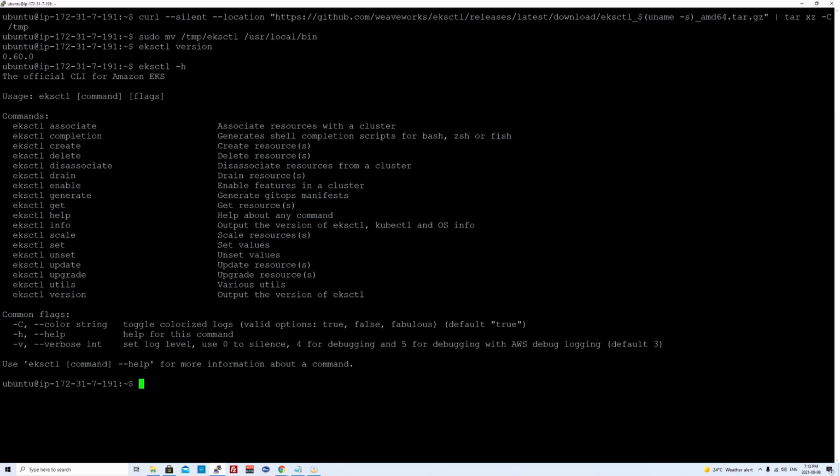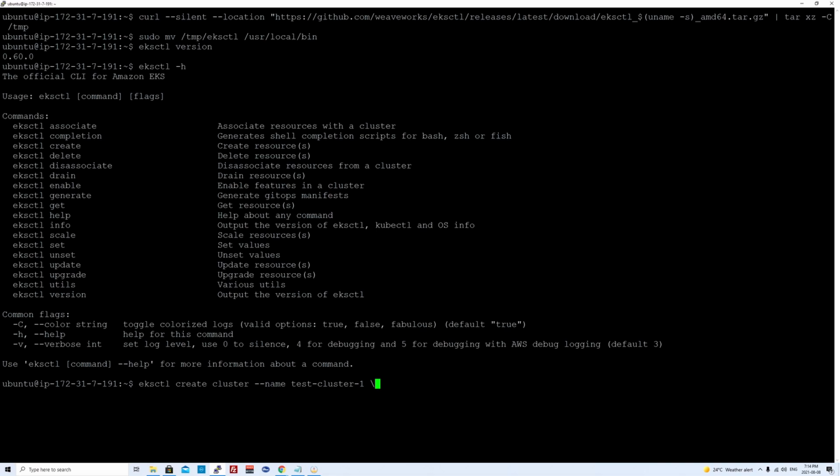So what I'll do is I'll do eksctl create cluster, and then I'll give it a name. Let's give it test cluster one. If I don't specify any other options and just hit enter at this point of time, then it will create the cluster with all the defaults that we have seen. But for the sake of simplicity and for the sake of making you understand the concept behind it, I'll just specify a few different options, and I'll let that utility take care of the rest of it.